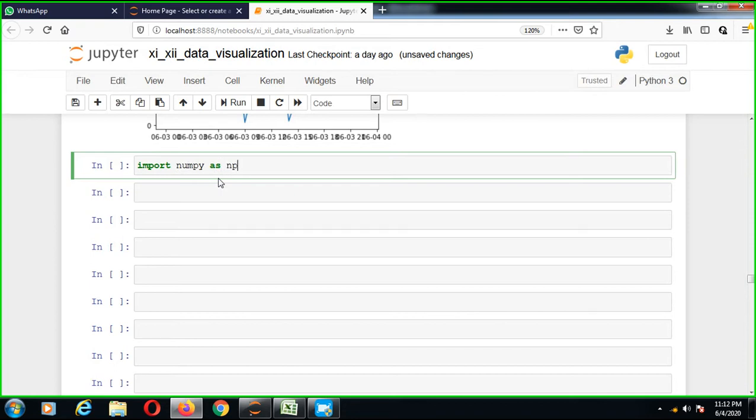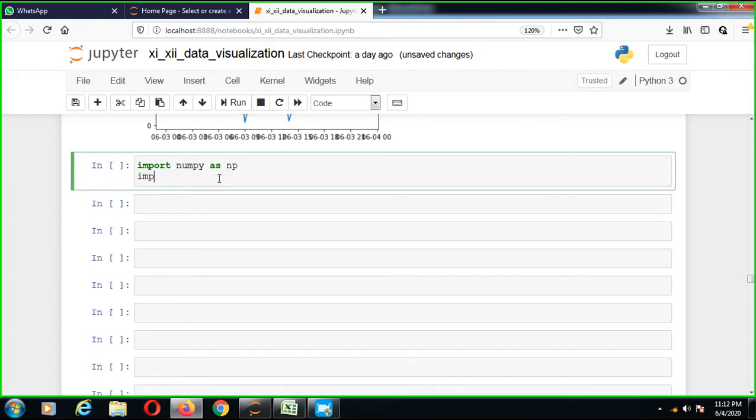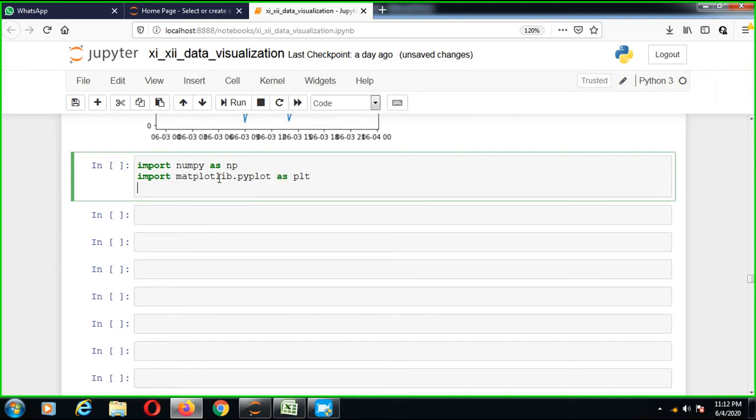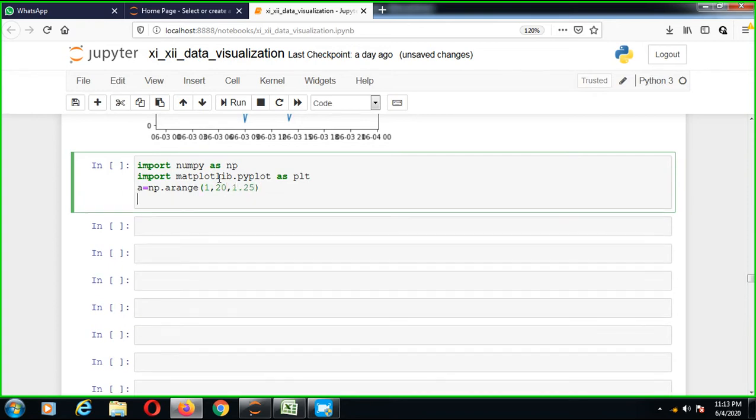import numpy as np, import matplotlib.pyplot as plt. Now a equals np.arange, suppose 1, 20, 1.25. Then